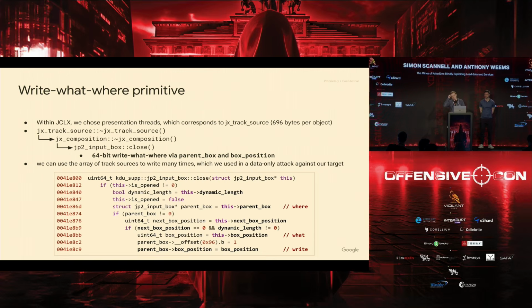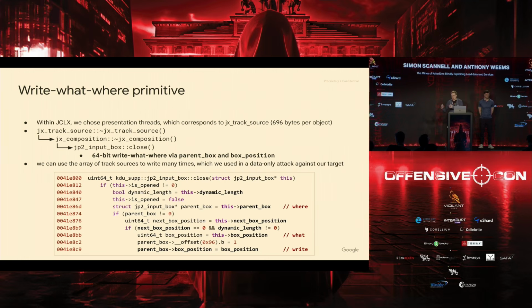And the destructor of JX track source calls another destructor, which calls this close function. And within the close function, we found a write-what-where primitive. So assuming we control the whole object, we can set all of the values to pass some of these if statements. And eventually, if you look at the bottom line of this decompilation, there's this write to parent box, writing box position in.